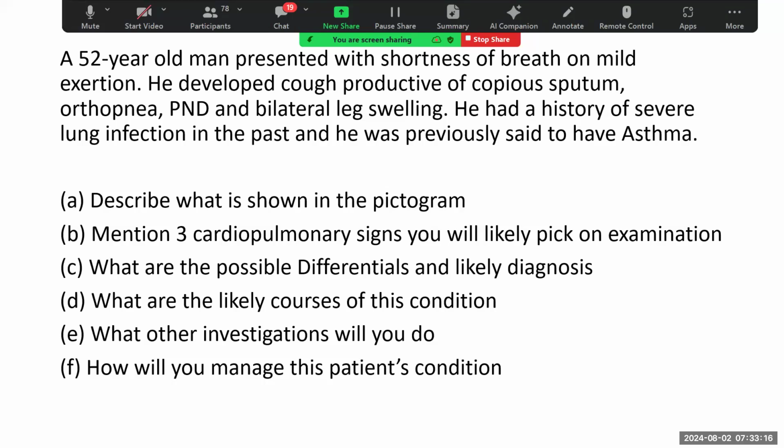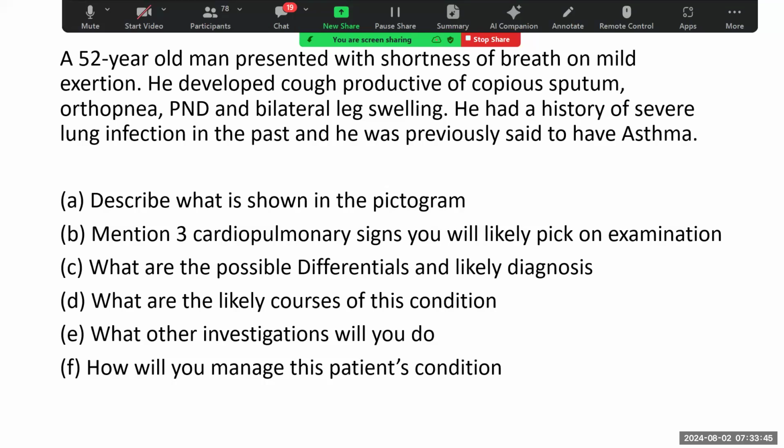But for a patient that is so symptomatic, you may not want to do spirometry to confirm whether it's asthma or COPD. But the chest X-ray findings are kind of suggestive of COPD. Because COPD and asthma can also cause bronchiectasis. So I think the main thing here from the question is the bronchiectasis, because it can also lead to heart failure.